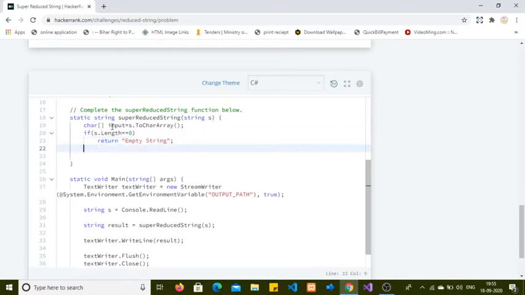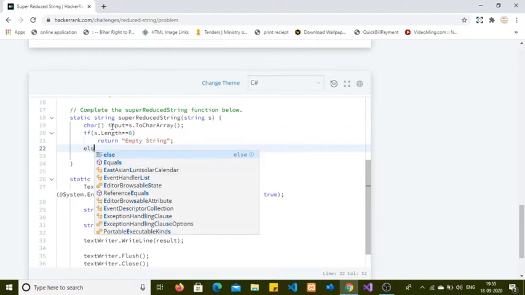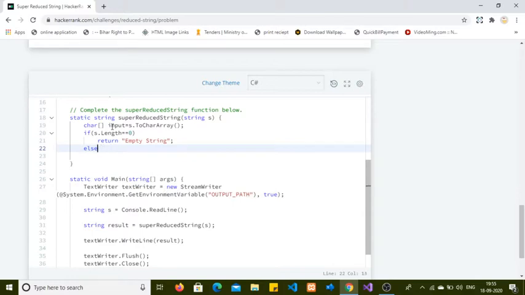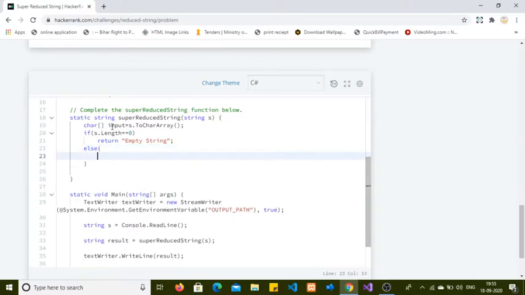Okay. If the string is not null, meaning we have something in the string, then we have to perform the operation for further reducing. If a string is completely reduced and we can't perform a reduce operation, then we'll return the string.